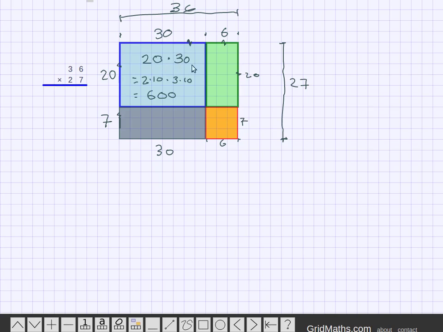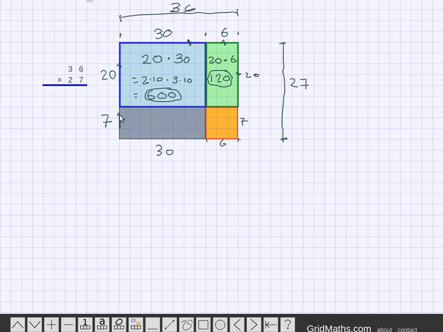1, 2, 3, 4, 5, 6, 100 blocks. So it all works out. So we've got the 600 part, okay, for all the blue stuff here. This one here is 6 by 20, okay, so it's all 20 by 6. 20 times 6. 6 2s are 12, so it's 120. Okay, so if we were to draw all the little squares, we've found 120 of them in that green region,